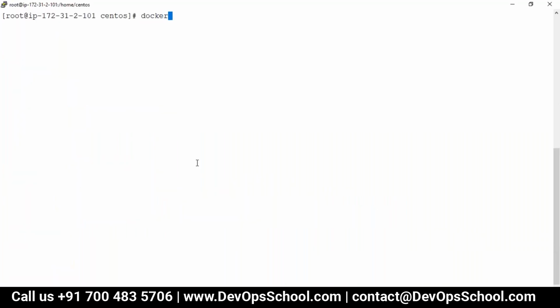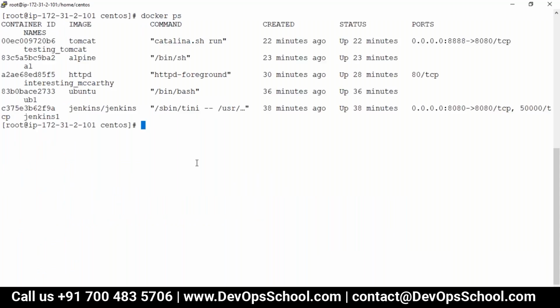So see here, docker ps. Right now I have this Ubuntu container, and it's been up for the last 36 minutes. If I do docker logs, you see I have nothing.